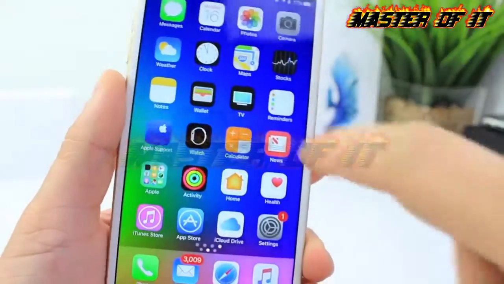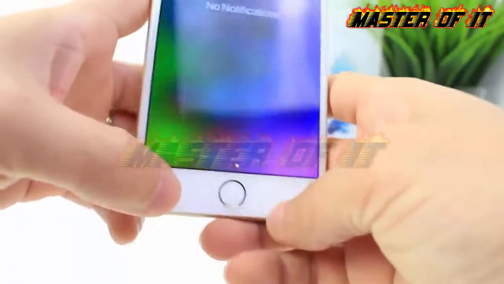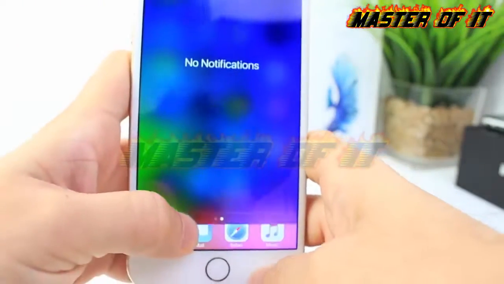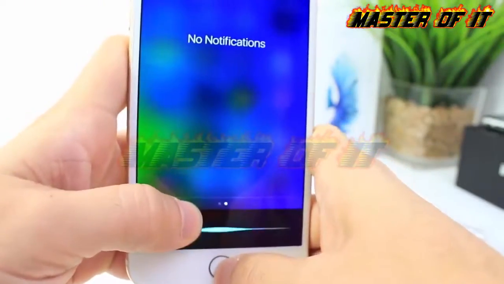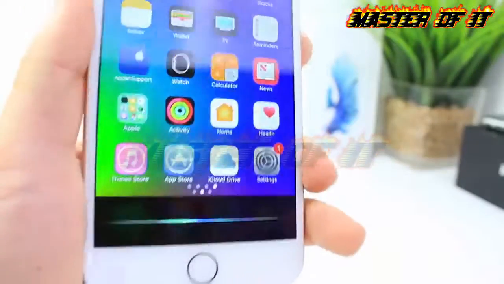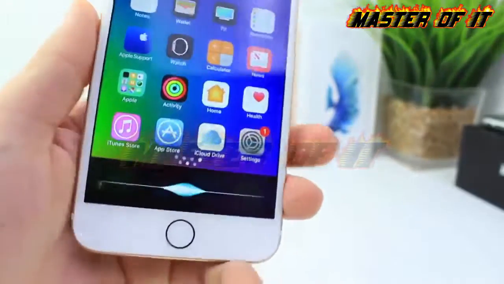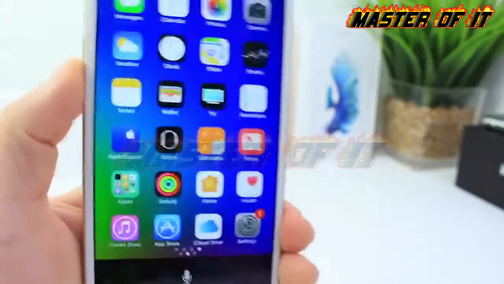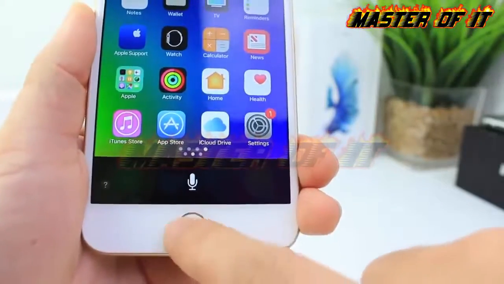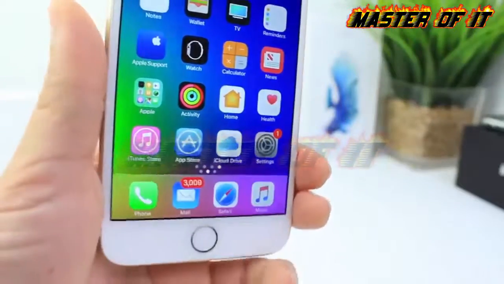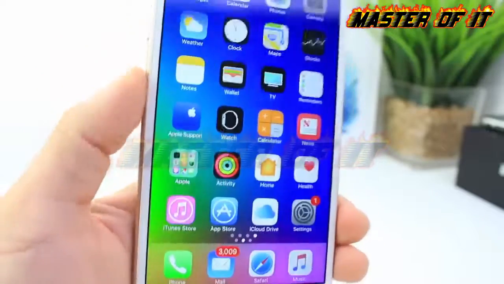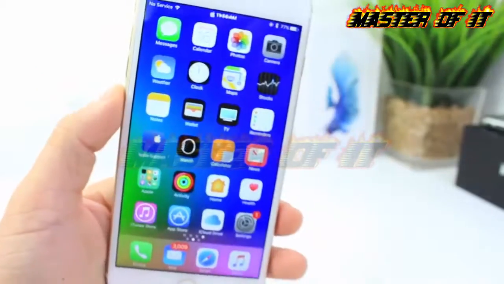Let me go ahead and share one more. If you bring down the Notification Center here, and then you invoke Siri halfway up, now you have Siri on the bottom of your screen, only on the bottom. So it's pretty cool stuff as well. It does go away if you tap on the home button just like that. It's just a glitch that's currently possible. And that all brings it into this video, guys. I just wanted to share